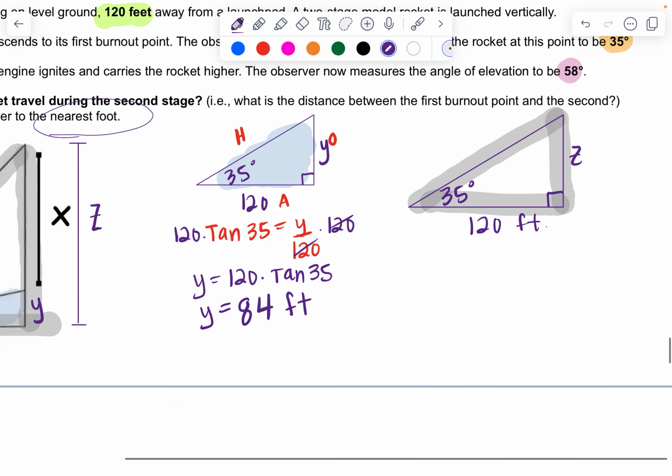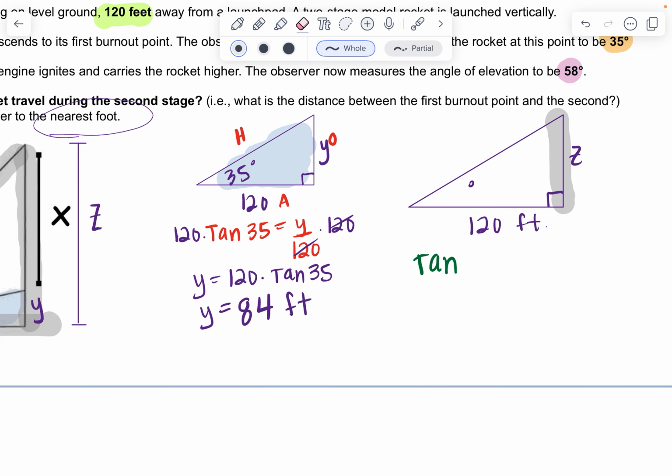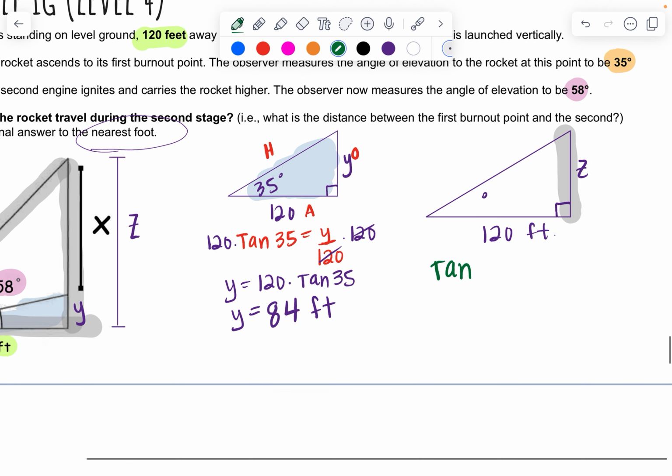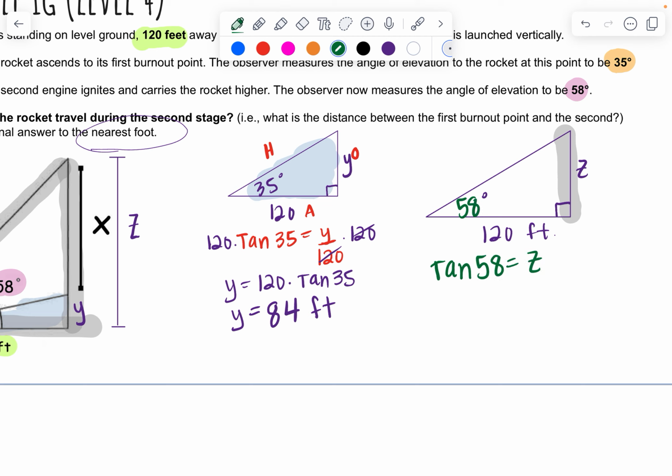Now I'm going to do the same on this second one. Tangent of 35, not 35. I didn't mean to write 35 there. That one is 58 degrees. So tangent of 58 is z over 120. Solving this one, again, we'll multiply both sides by 120. So z is 120 times tangent of 58, which means that the length, this whole length of the big triangle